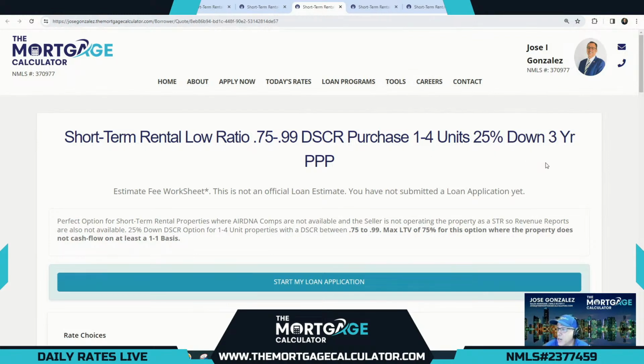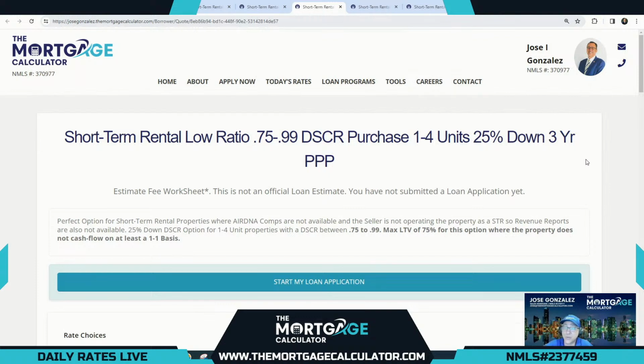That means we don't cover 100%, no matter if we're using short-term rental revenue reports or long-term rents. So whichever is the option that best works for us puts us between a 0.75 and a 0.99 for